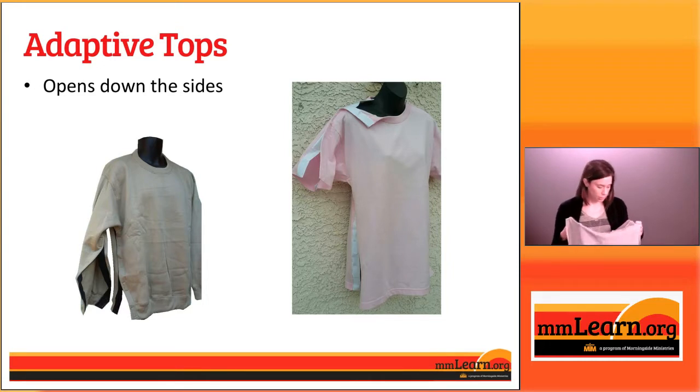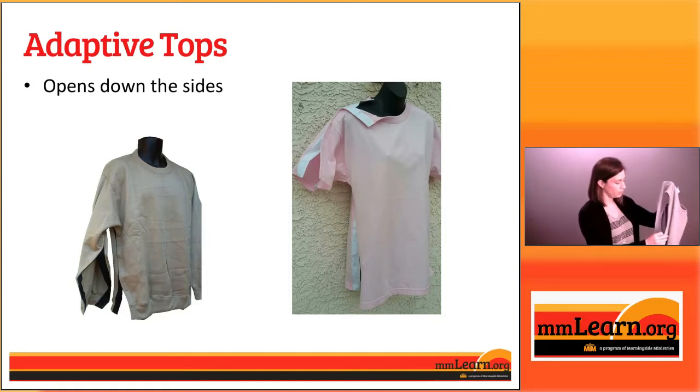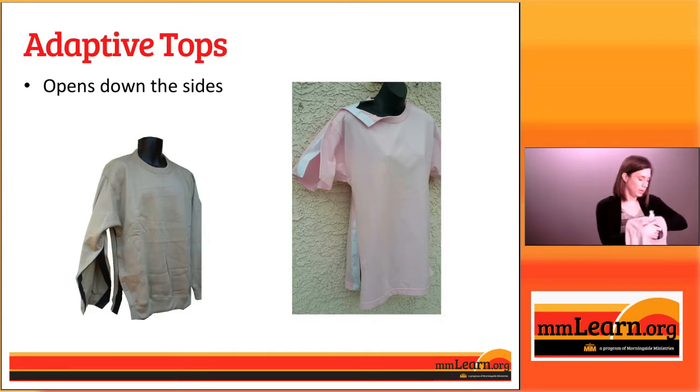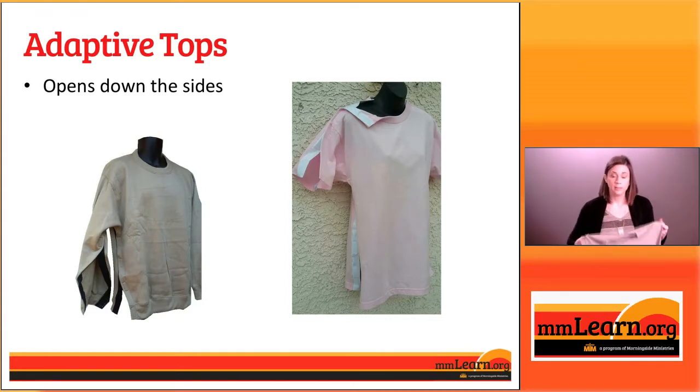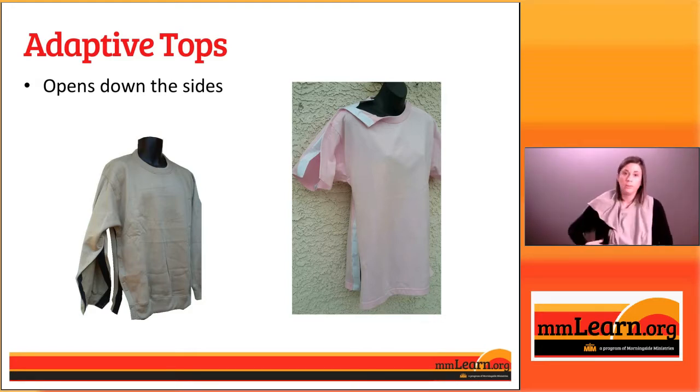But what she did was she opened up the seam down each side of the shirt, and she showed two different options. She put snaps down one side of the shirt, and she put Velcro down the other, just so you could see that it could be done either way. And if somebody were to help me get dressed with this shirt, they would just put it over my head,